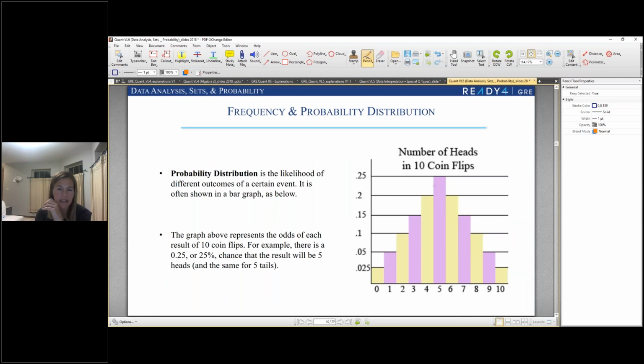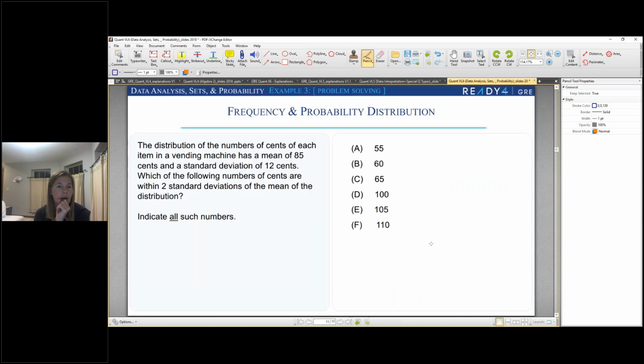Here's a probability distribution, same deal. This is just showing the percent of coin flips in 10: 25% of the time, you're going to get 5 heads in 10 coin flips. So same idea. All right,